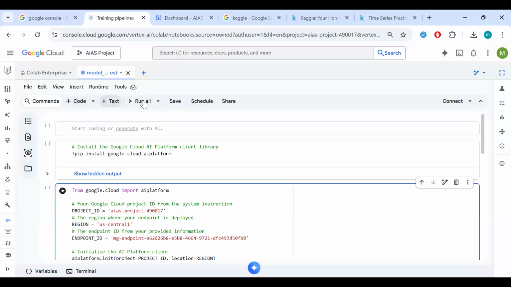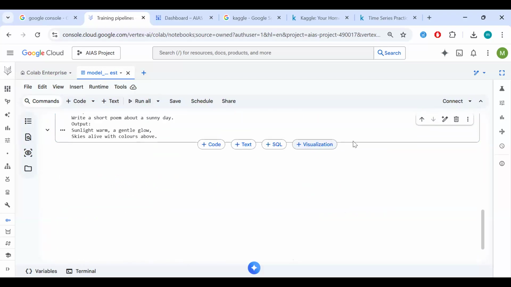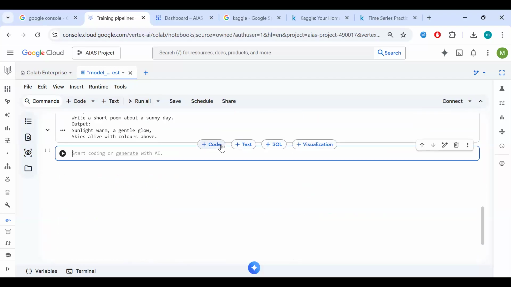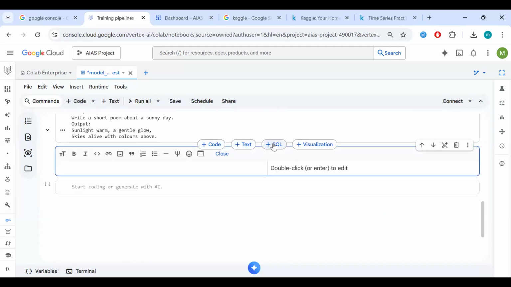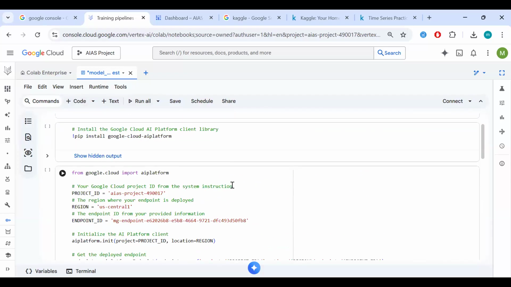So we just need to write our code to interact. So you can write your code. This is the run all button if you want to run all the cells, but this is the button to run just the cell that you are currently in. So all these are cells. So this is one cell, this is another cell, there's another cell. I can add another cell here. Is it a code cell or a text cell? So it's very diverse. It gives us a lot of things, right?